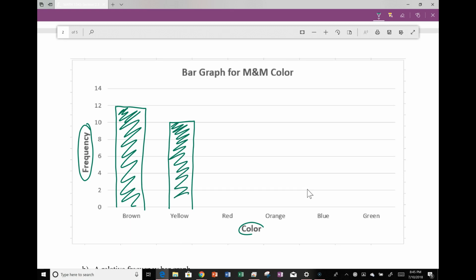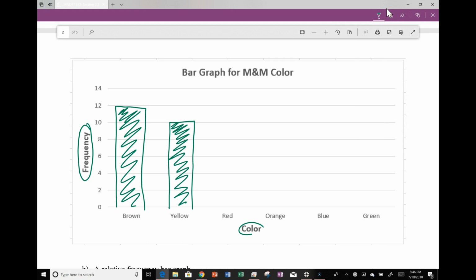Now, between these two bars, I want to go ahead and point something out. You'll notice that this bar may be a little bit wider than this bar. I really need to try to make them approximately the same size. I do not want to make a bar that's this skinny and then another bar that's this wide. Okay? We really want to try to make sure that we make them as close to the same size as possible, the same width as possible.